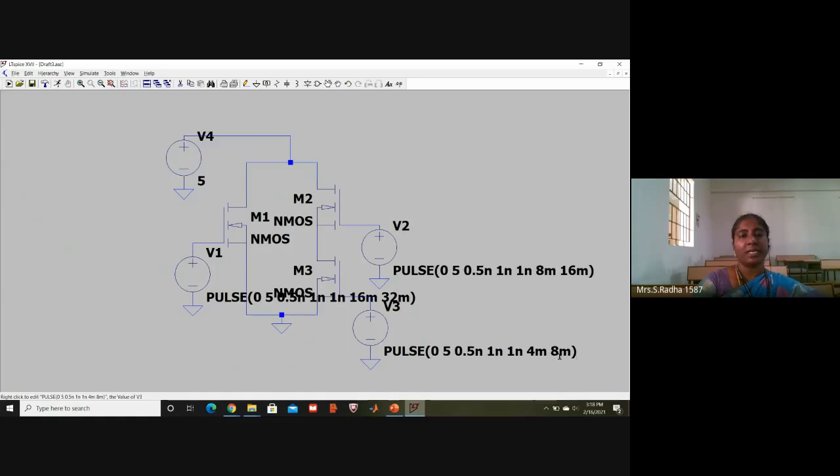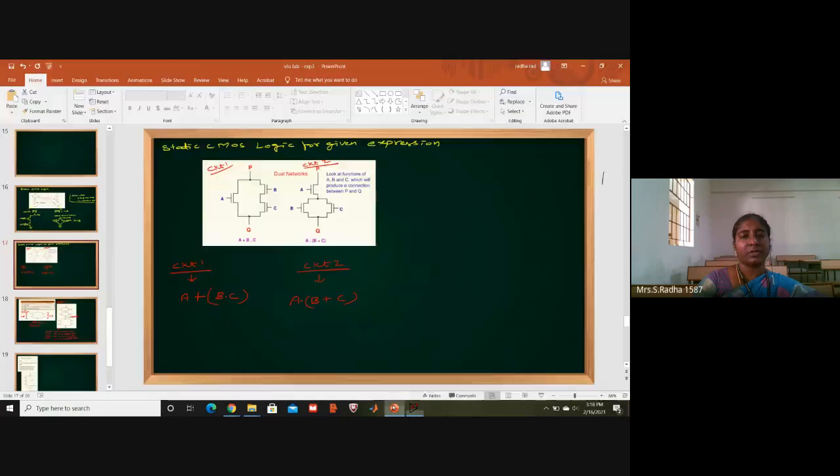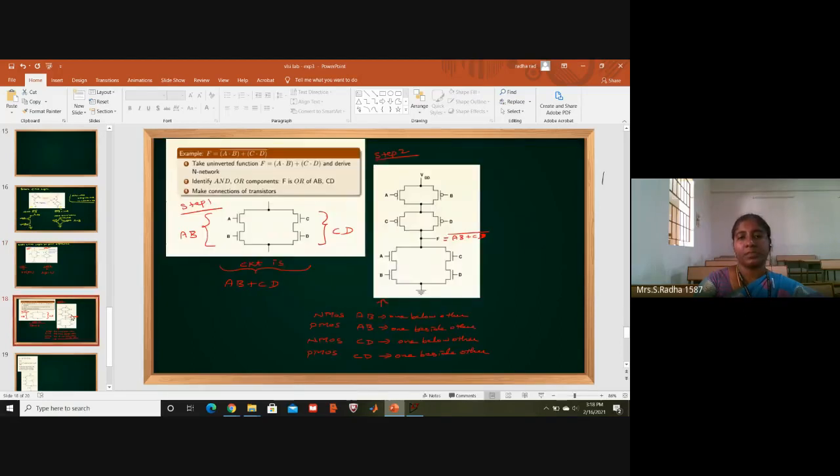Okay. And where will you take the output? In the entire circuit, where is the output point? Input you should be giving A into B into C. For all the circuits, the center point is where we take the output.